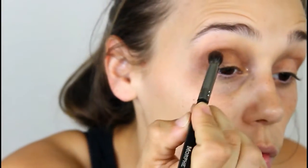So I'm going to go ahead and just throw the two blending shades into my crease again, just to have some of my crease. And then,